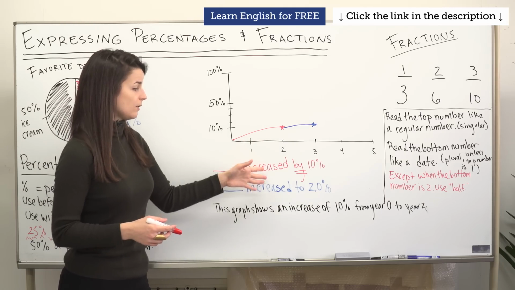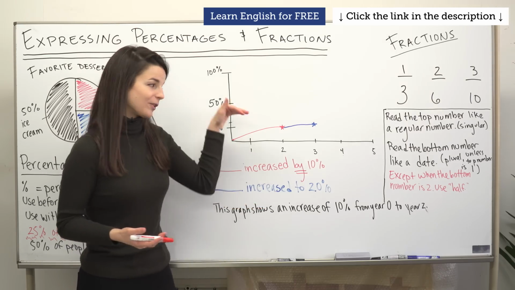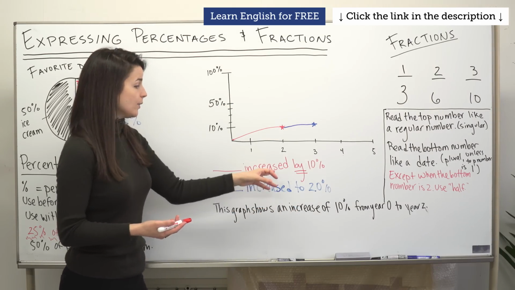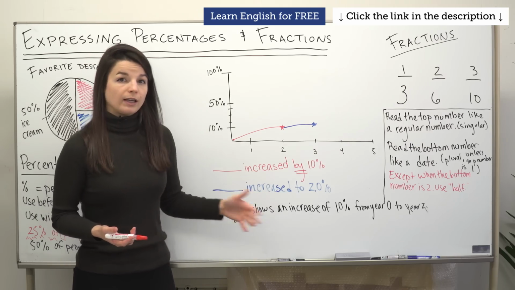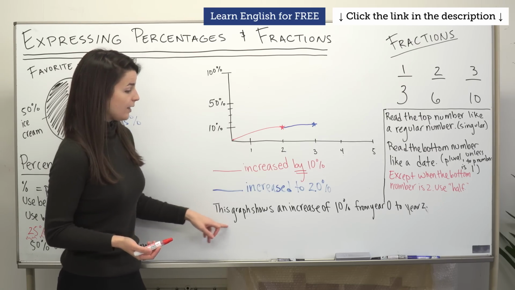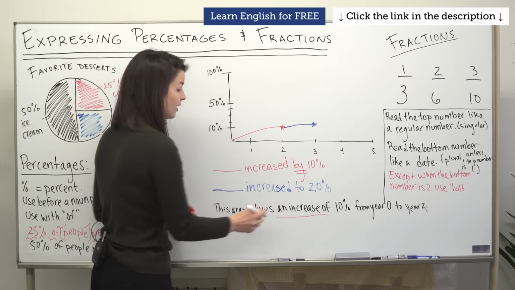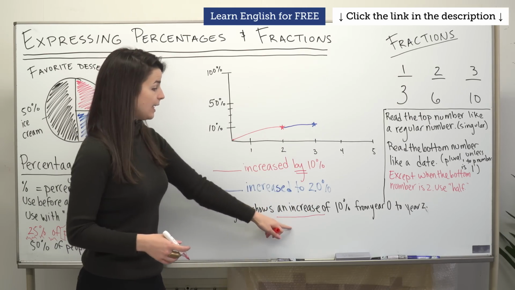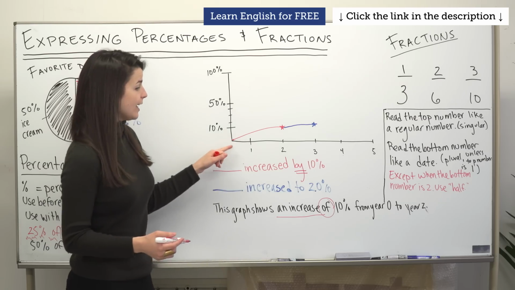Now, these two sentences show the word increase. You can also use the word decrease, of course, meaning to go down. I've used this as a verb here. But if you want, you can also use increase or decrease as a noun as well. So for example, this graph shows an increase. So here I'm using increase as a noun, shows an increase of, which we see here, an increase of 10%